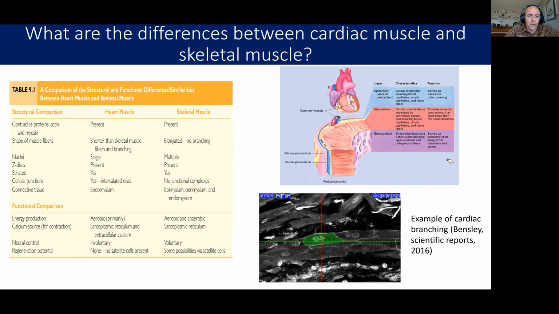Skeletal muscle can be extremely long and requires multiple nuclei. Heart muscle, from what it seems, has just one nucleus in charge of all the transcription and translation inside of that single cell. Now, in terms of function,